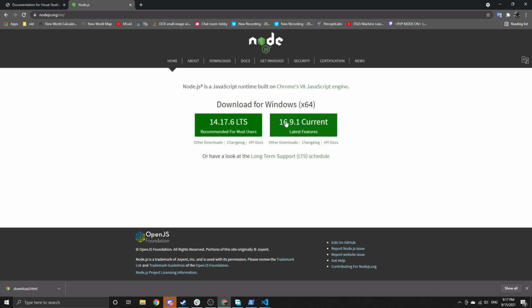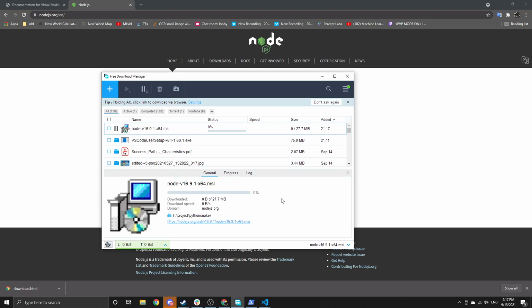Right now, the version is 16.9.1 or the long-term support LTS 14.7, 14.6. It's fine to choose any. Even if the version is different, it generally doesn't matter. Like 99% of the time, there are some bugs that happen in some versions, but that's a very rare case scenario. When we face it, we generally know what to do. So it doesn't matter. Just download it